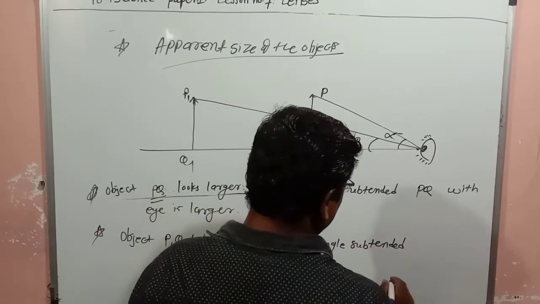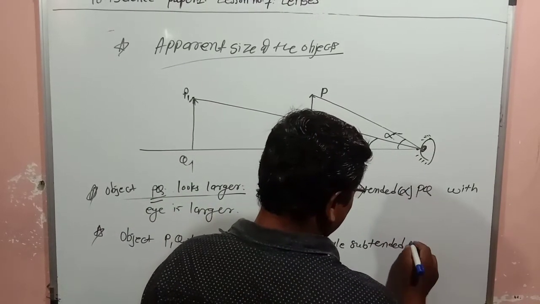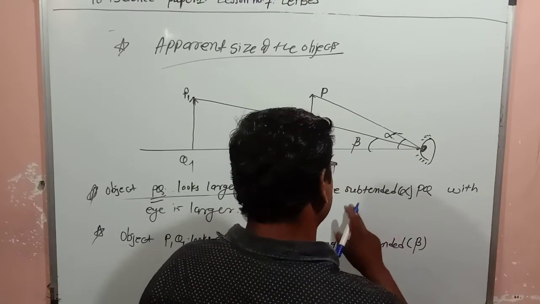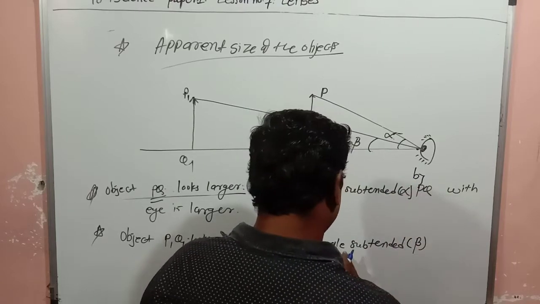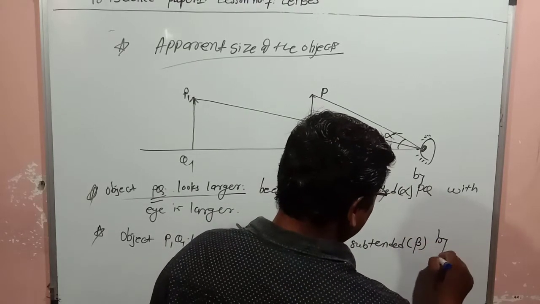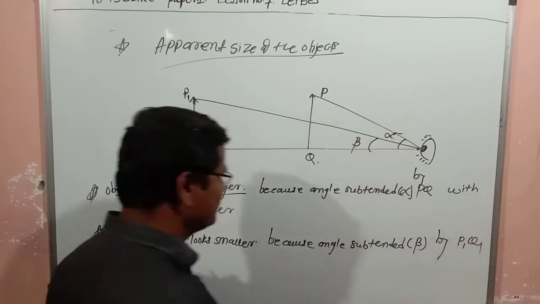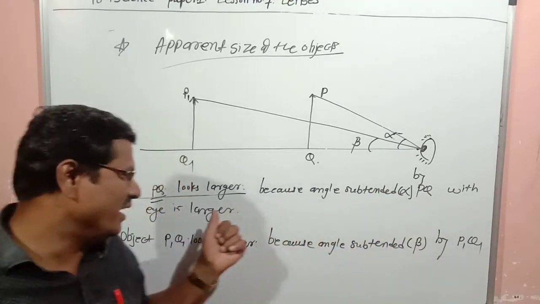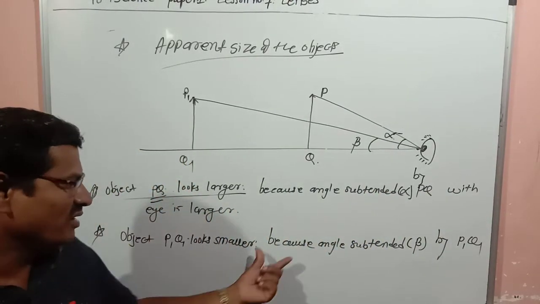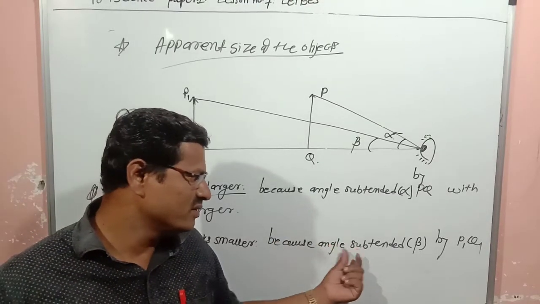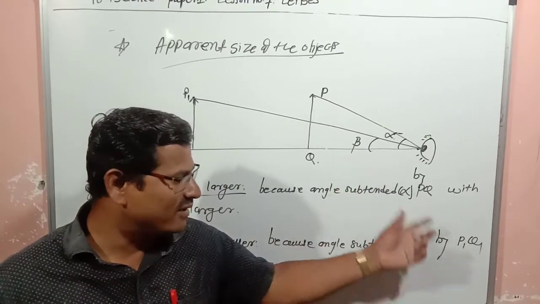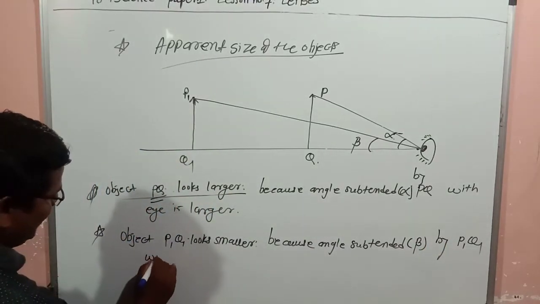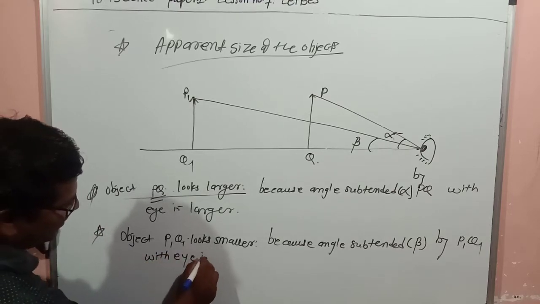The angle subtended by PQ is alpha, and the angle subtended by P1 Q1 is beta. So the angle subtended by PQ with the eye is larger, so the object looks larger. The angle subtended beta by P1 Q1 with the eye is smaller,